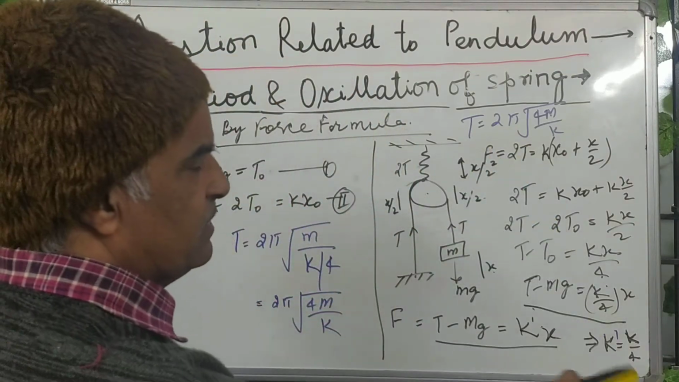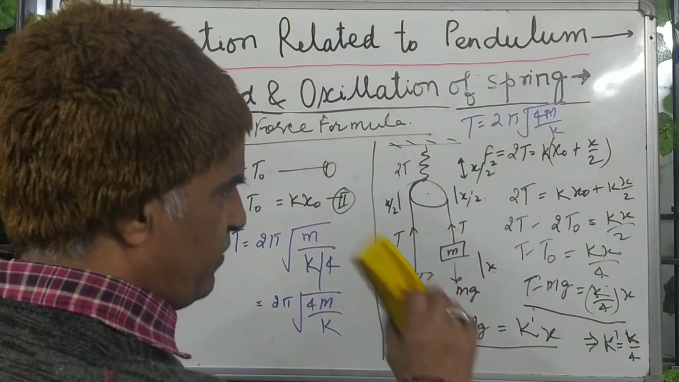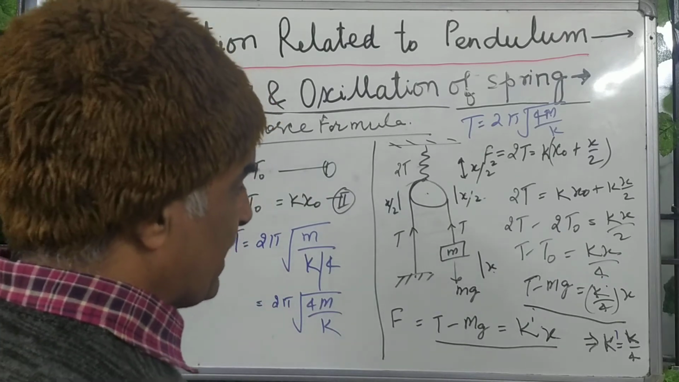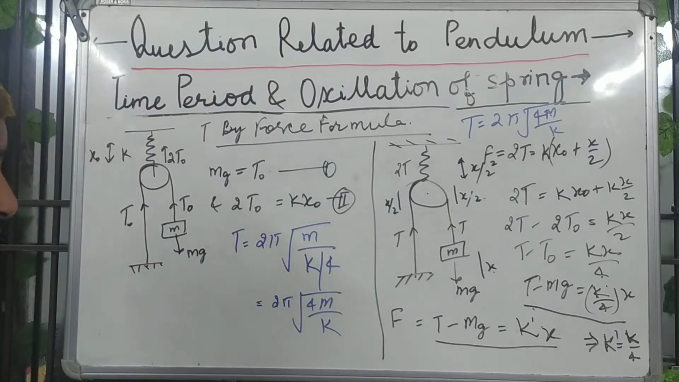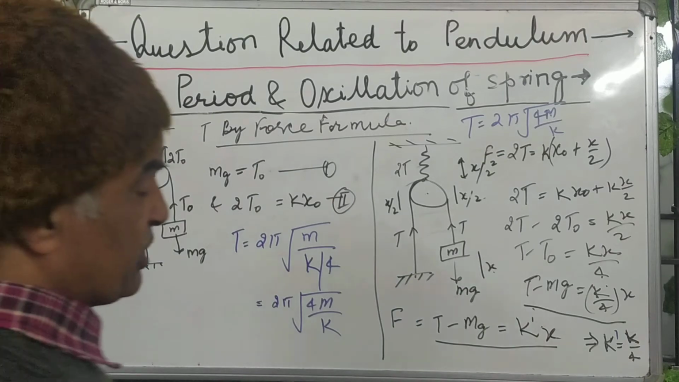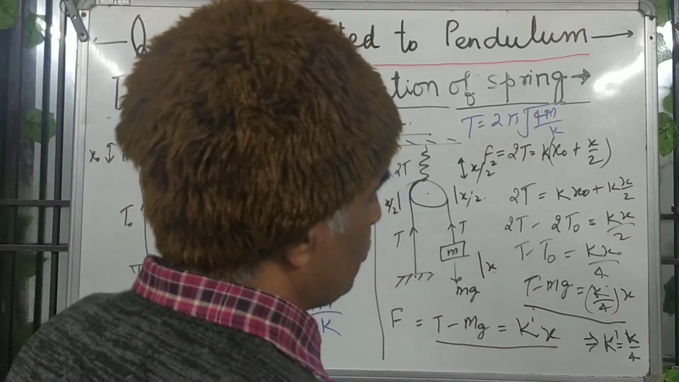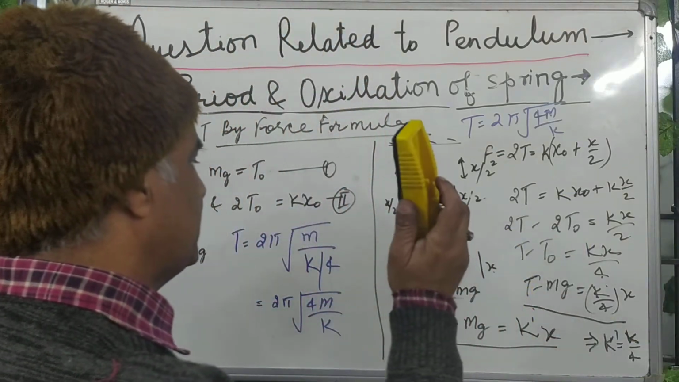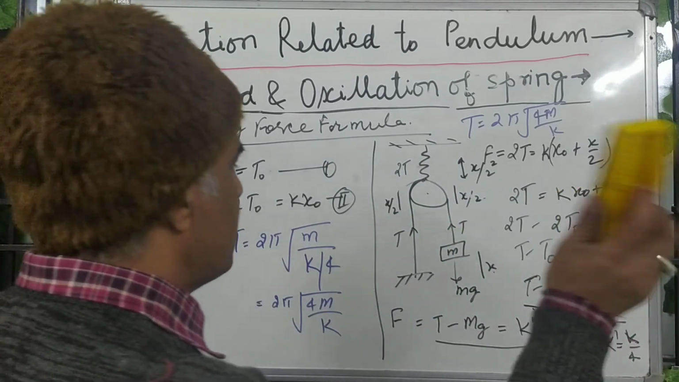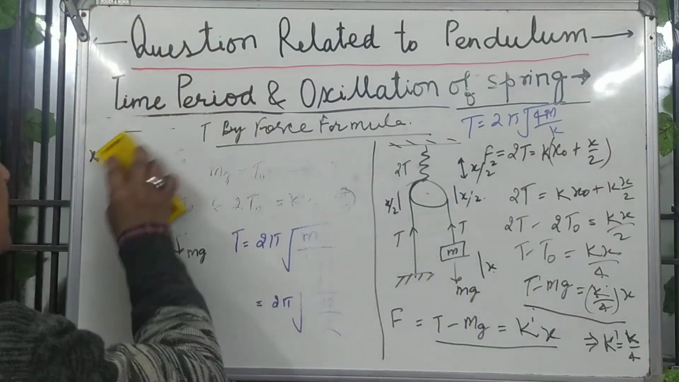The importance is this: this is our force equation. If they ask you to derive or find the force constant, what is the value of the force constant? Here the force constant in oscillation of mass m is k by 4. Next, I am going to tell you